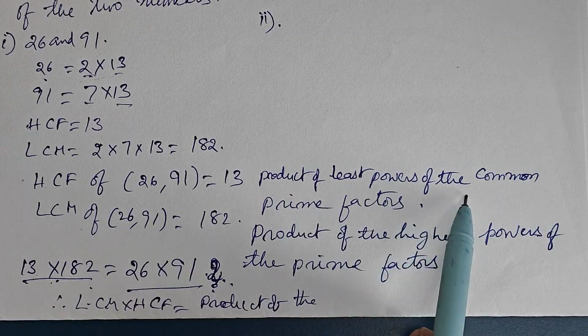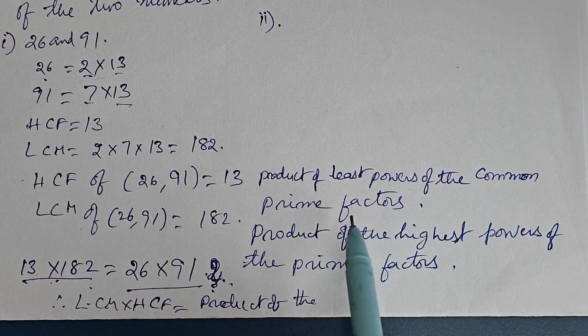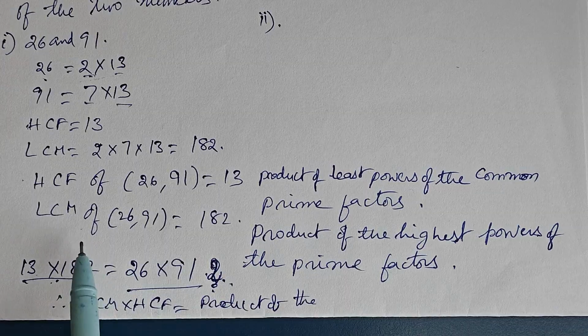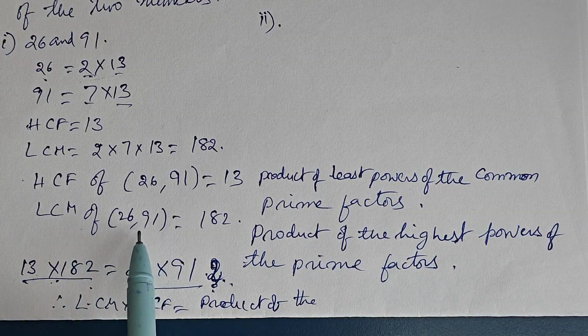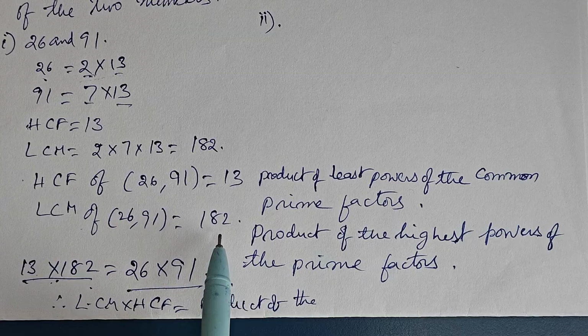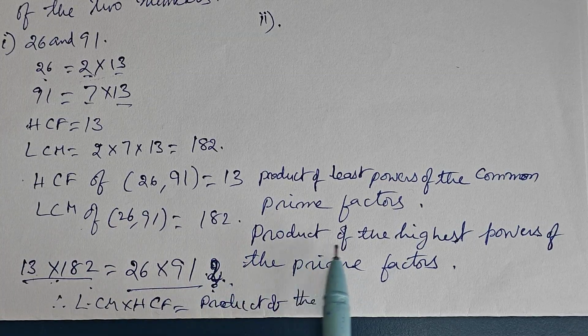Because it is the product of the least powers of the common prime factors. In the next case, the LCM of 26 and 91 is equal to 182. Why? Because it is the product of the highest powers of the prime factors. So that is the reason this is